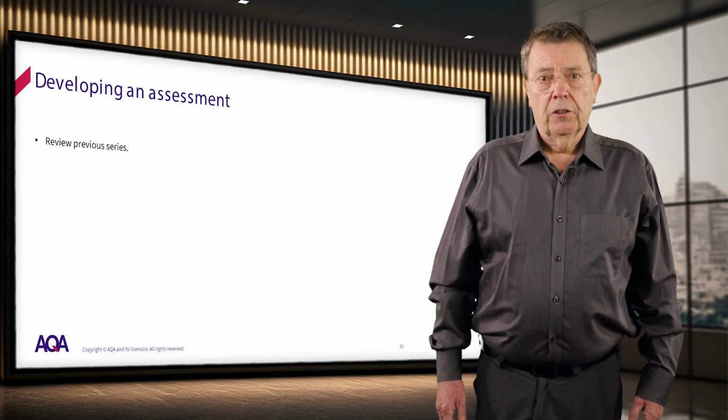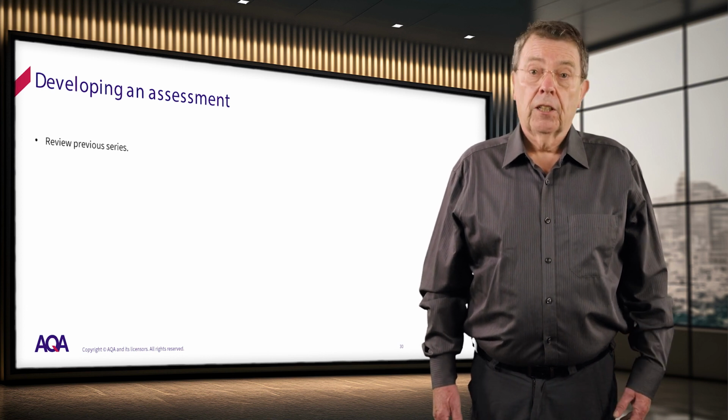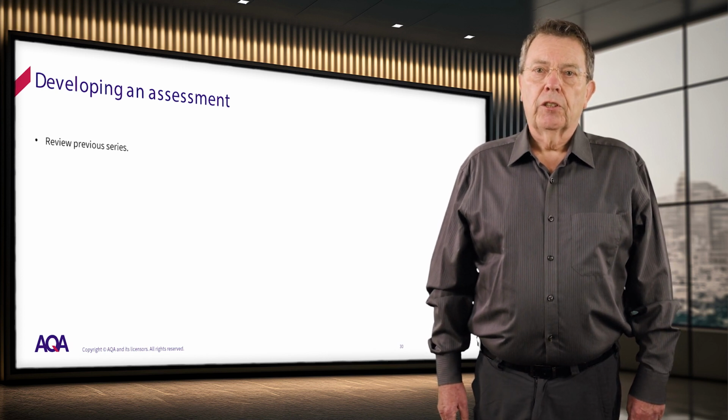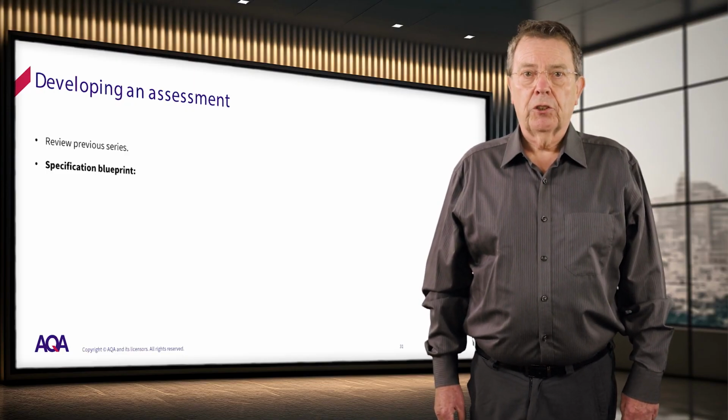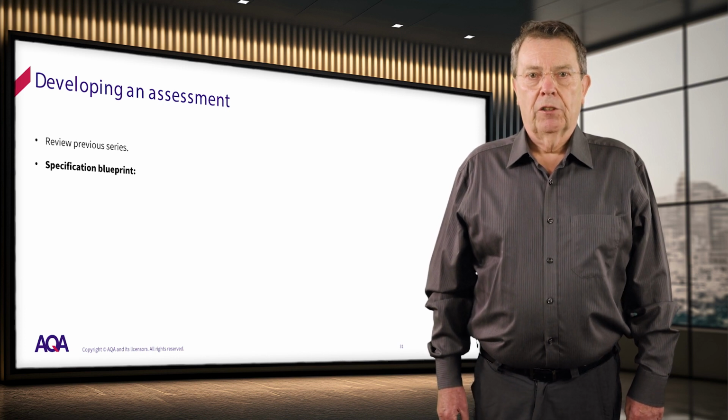We want a 3-mark question to lead to the award of all 4 possible marks, 0 through 3. It is important to avoid question-mark scheme combinations where few students are awarded 2 out of 3, but many receive 1 or 3. The planning meeting then turns to decisions for the new assessment that's about to be written. Much of the balance of the components is predetermined by the blueprint for the specification. This blueprint was produced at the same time as the specification and the specimen papers before the series was first examined in 2016. These documents, taken together, give very detailed instructions and guidance about the composition of every component.